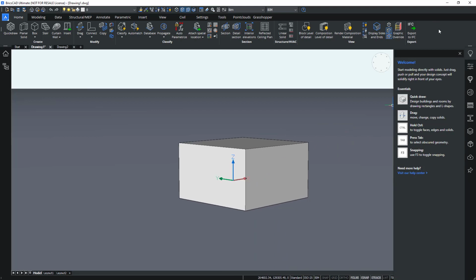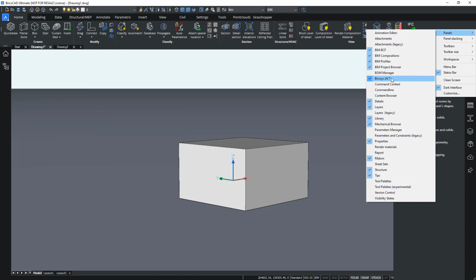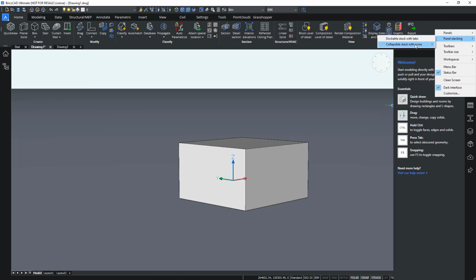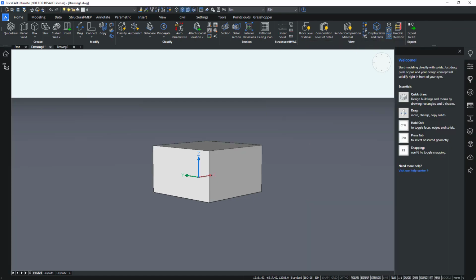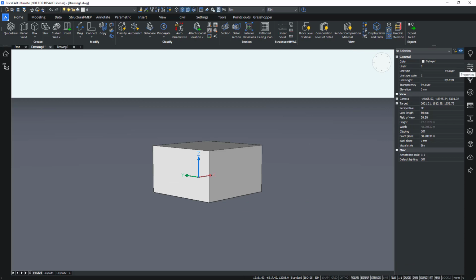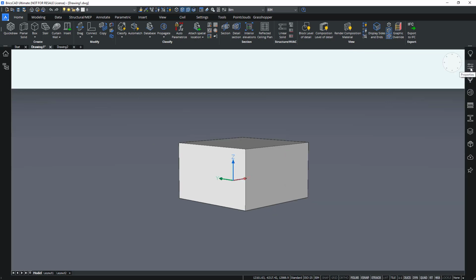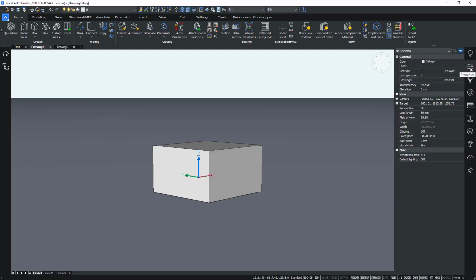If you rather want the panels to resize your drawing area, then you can have a collapsible stack with icons and resize the drawing when expanding. When you have the panels collapsed, your drawing area will be bigger. When you have them open, your drawing area will resize a bit. The specific content of the panels you will discover through the rest of this training.